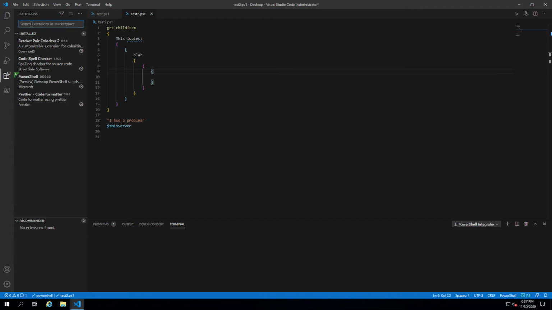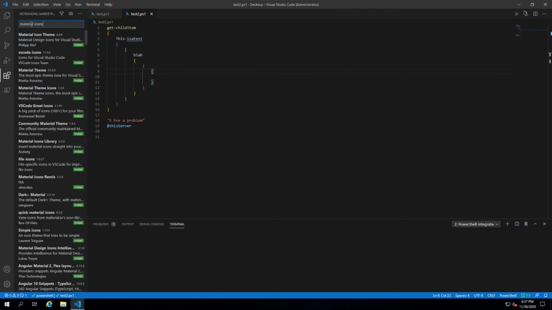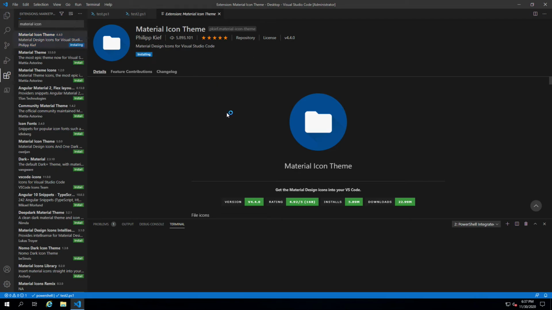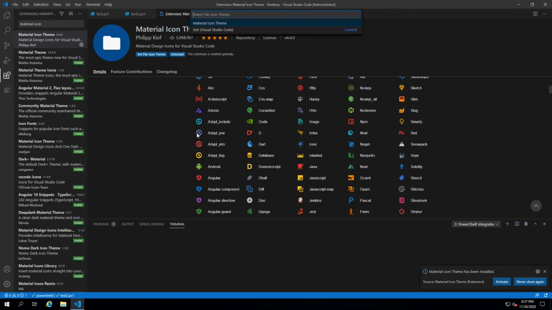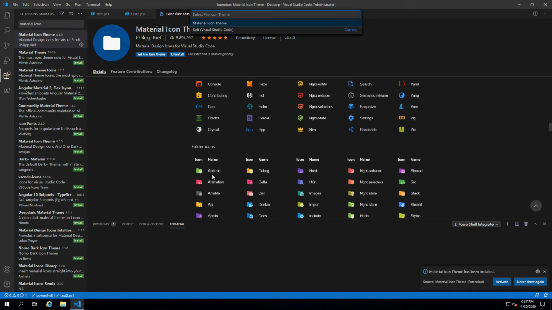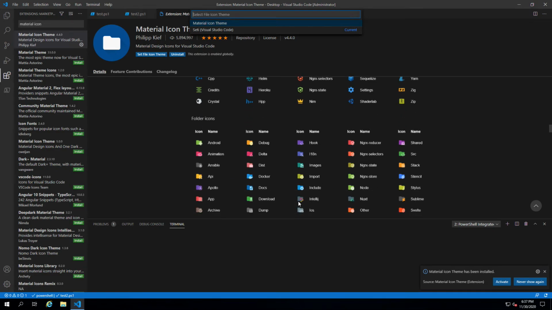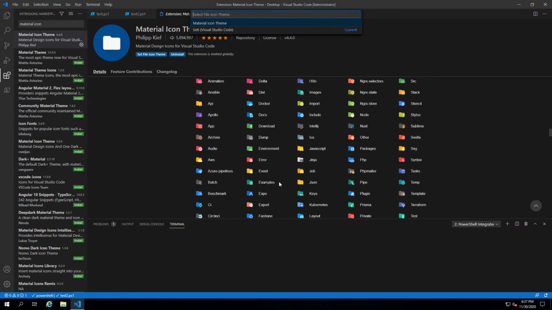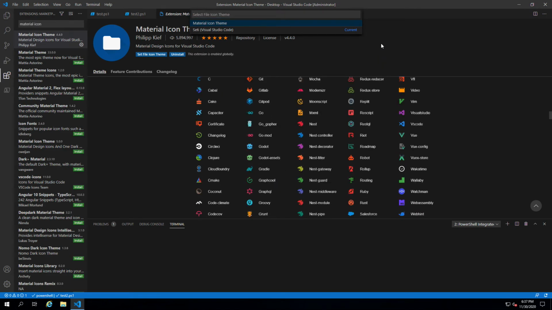And the last one that I like, and it's really a cosmetic one, is Material Icon Theme. This one is very nice because it gives you nice little icon sets for all your files. Different folders will have also different names. Certain folders like Android, animation will have their own little icon as opposed to just being a folder. So it helps a little bit. It's nice. It doesn't really change anything, but